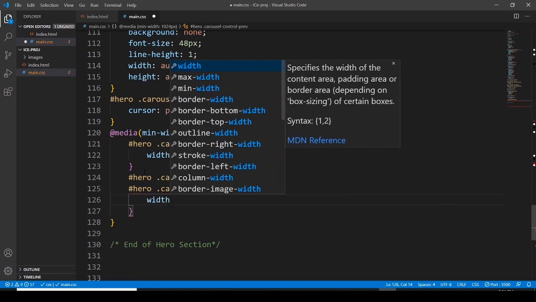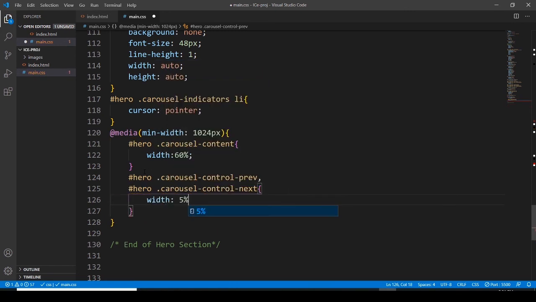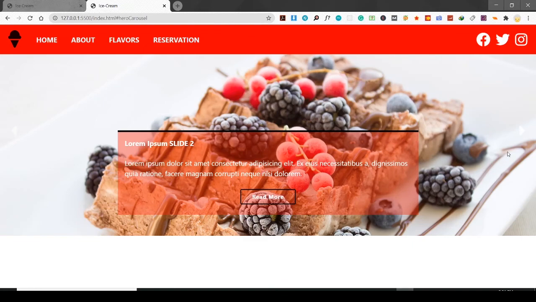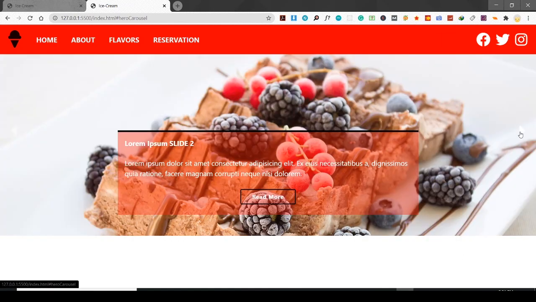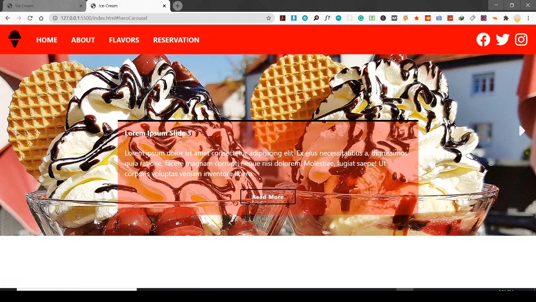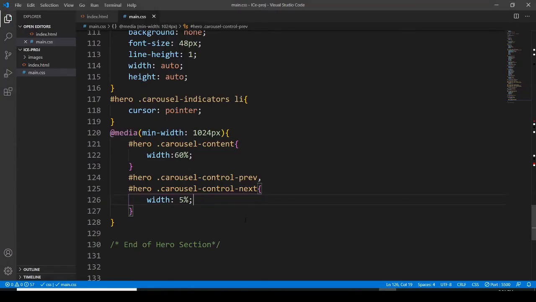The width of this is going to be 5%. You guys should change the color of these indicators, okay? And the next thing I want is